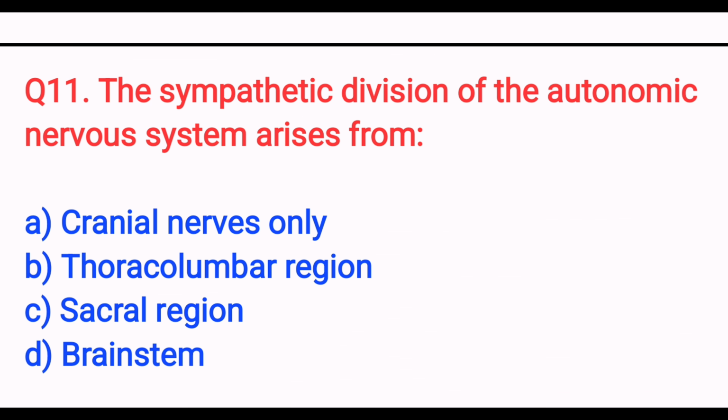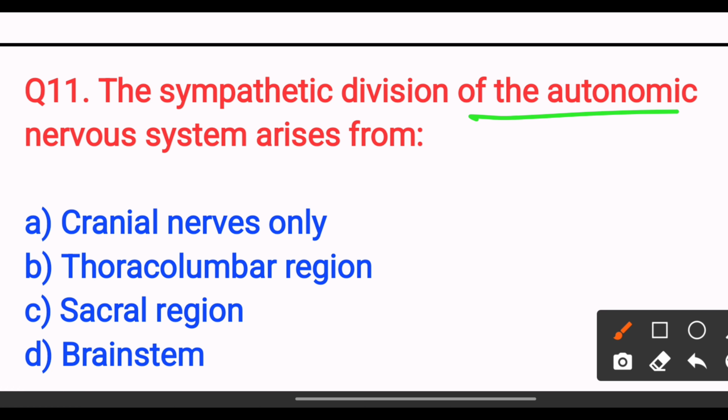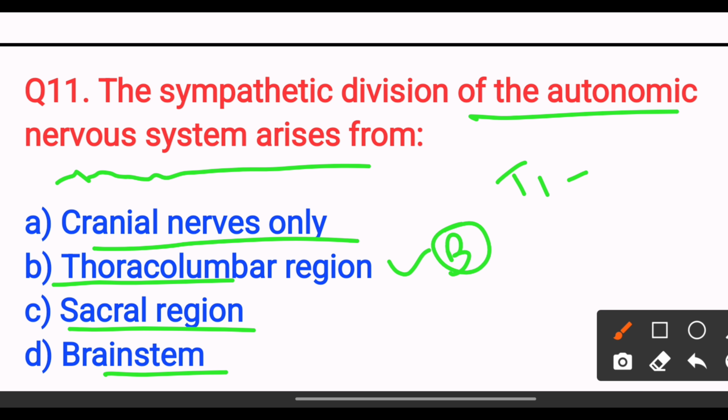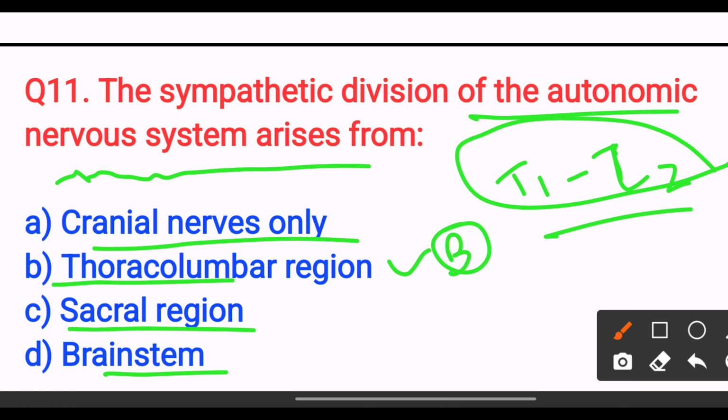the sympathetic division of the autonomic nervous system arises from: option A, cranial nerves only; option B, thoracolumbar region; option C, sacral region; option D, brainstem. The answer is option B, thoracolumbar region. The sympathetic nervous system originates from T1 to L2 segments of the spinal cord. So the answer is option B. Next,